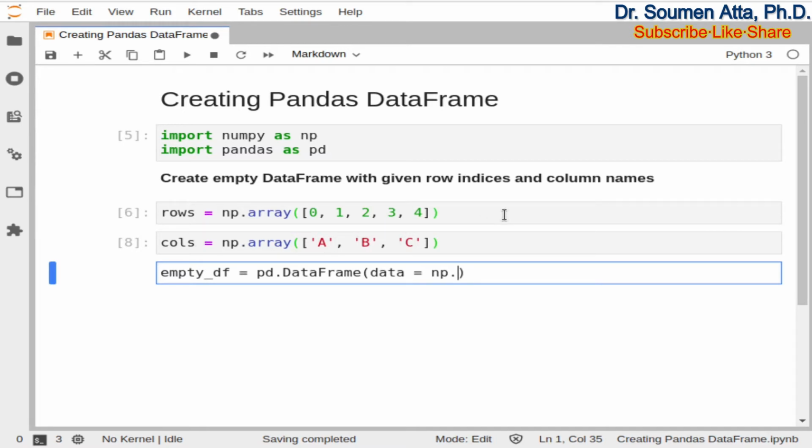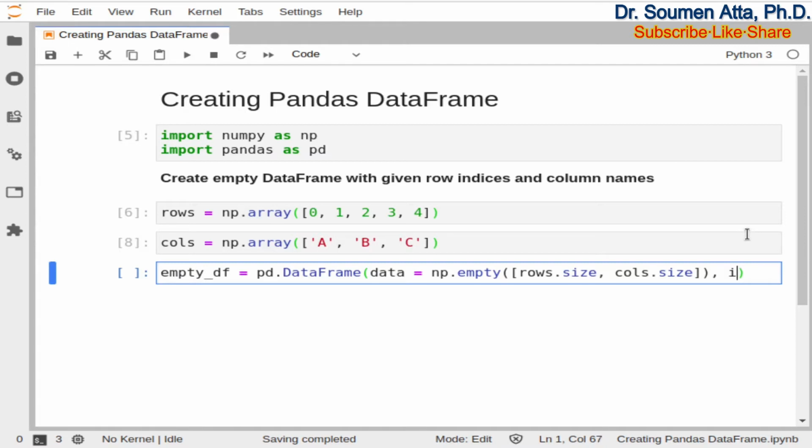So data equal to np.empty, and then you need to specify the number of rows and the number of columns like this: rows.size and cols.size. I have a separate video on how to create an empty numpy array. The link of that video is given in the I button above and in the description of this video.